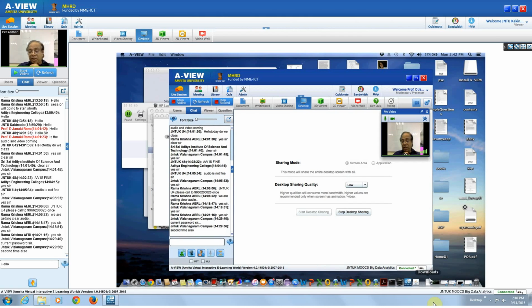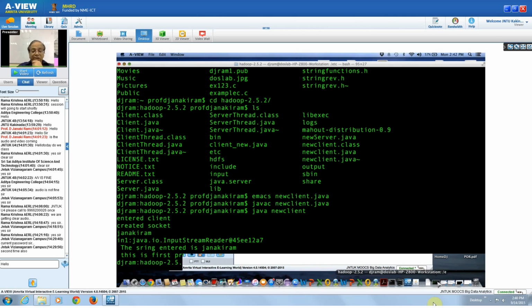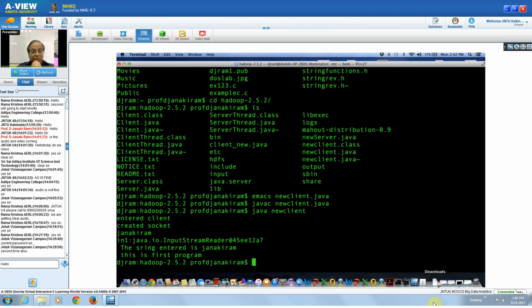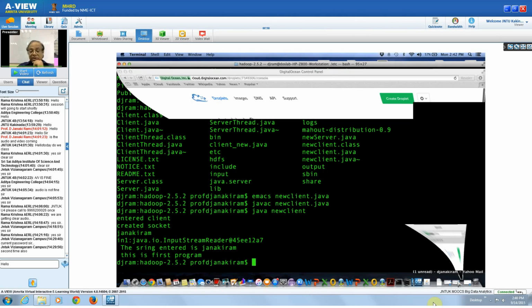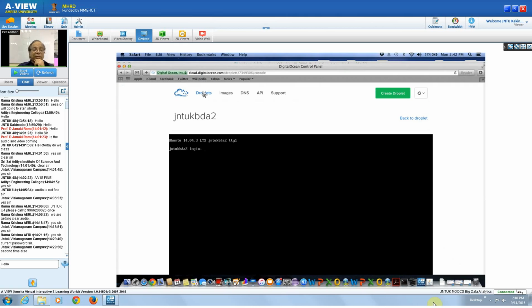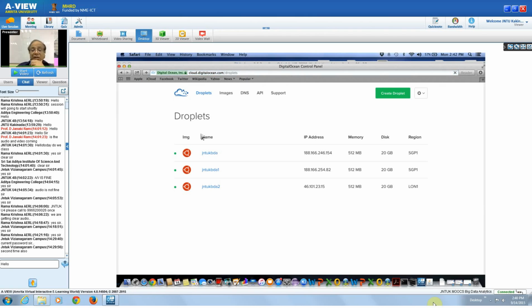Unix password. I entered something there. I don't know what password I'd entered. Okay, doesn't matter. I think I'll check with Ramakrishna after this. I'm having a problem. I can see that I'm not able to log in. I don't know what the problem is. So I'll go to the ones that I'm actually able to access. This says it's in the Singapore region. It created, but when I want to get into it and start doing something, I'm having a problem. Okay, I get the root password, but then